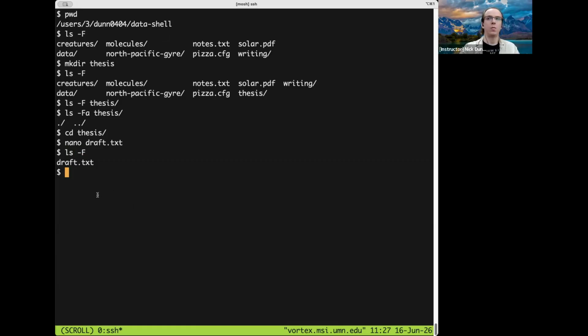If we, for some reason, need to create an empty file instead of a file containing text, then a text editor is probably overkill for our purposes. There's a different command that we can use called touch, which will create an empty file of a name at a location. So for instance, if I wanted to create a file called my_file.txt inside thesis, I could run touch